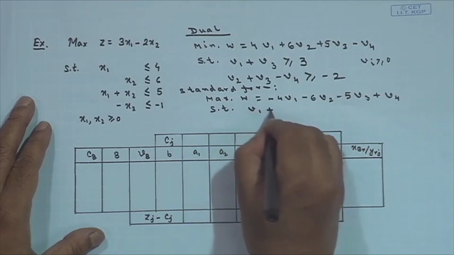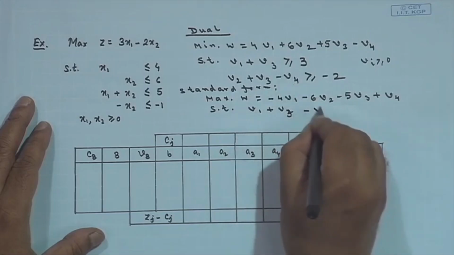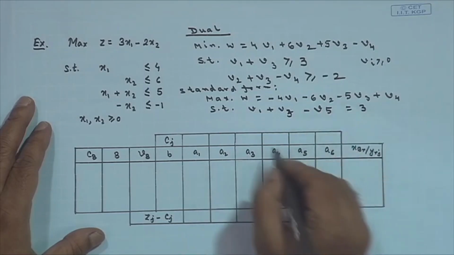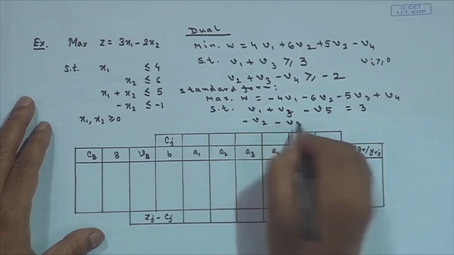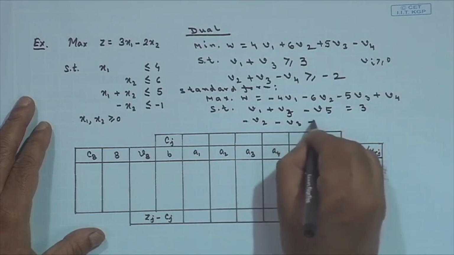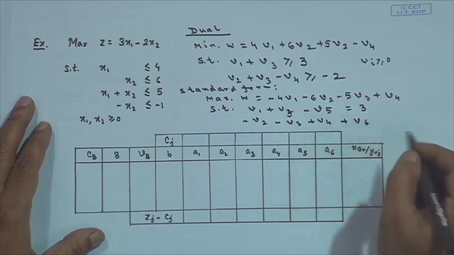So, V1 plus V3 minus V5 equals 3, and minus V1 minus V2 minus V3 plus V4, and the slack variable plus V6,